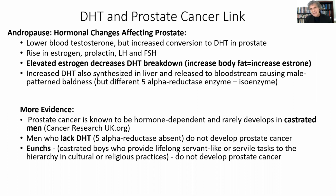What's interesting is that the 5-alpha reductase enzyme in the liver is not exactly the same 5-alpha reductase enzyme that's in the prostate gland. Because if that were the case, then the nutrients that I'm going to show you that can inhibit the buildup of DHT in the prostate gland would also work in the liver, and males would never go bald. But because these are isoenzymes, they're not quite the same. The nutrients I'm going to show you that inhibit the 5-alpha reductase enzyme in the prostate don't work nearly as well in the liver. So DHT does build up in men after the age of 40, and male pattern baldness,